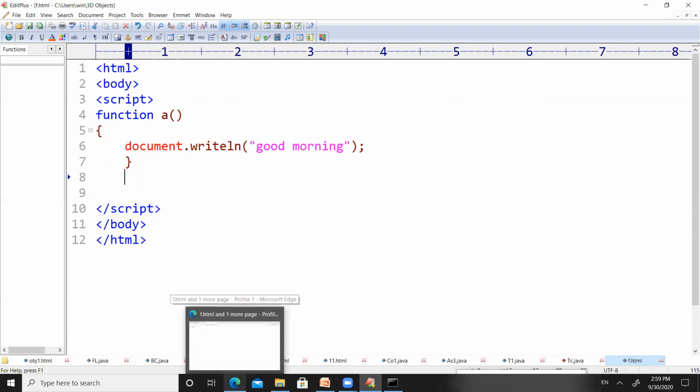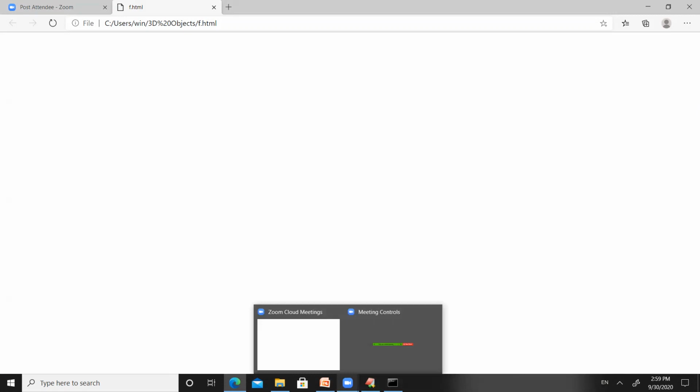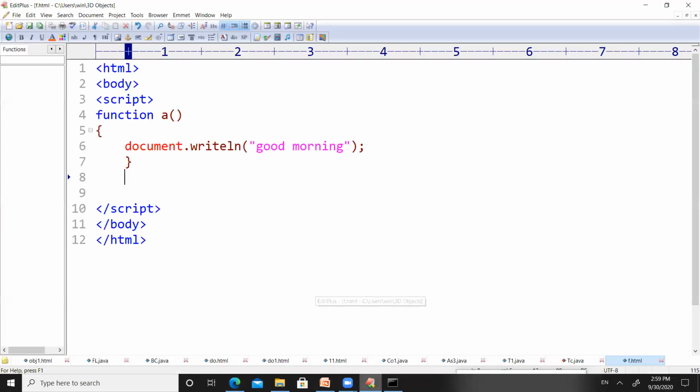I have deleted that code and tried to re-execute, and nothing was displayed. That's the first point I mentioned: declaring a function itself will never give you the output. After declaration, we need to make a call to that particular function. Calling a function is simply the function name followed by open parenthesis, closed parenthesis, and a semicolon.